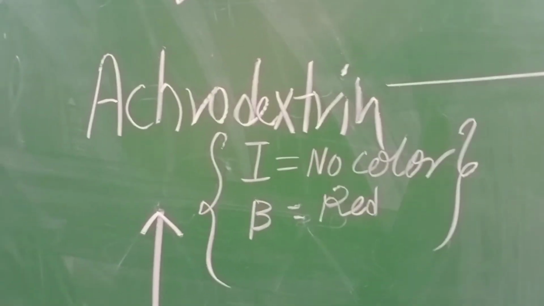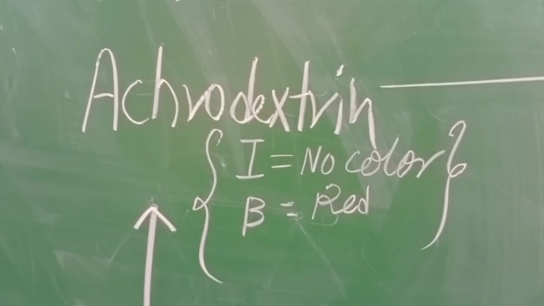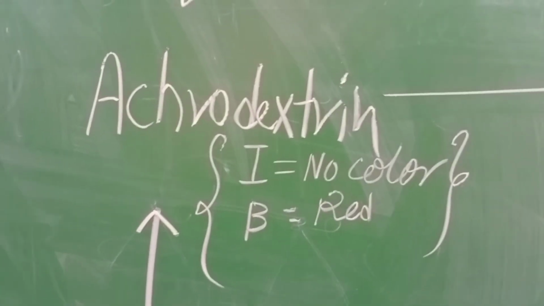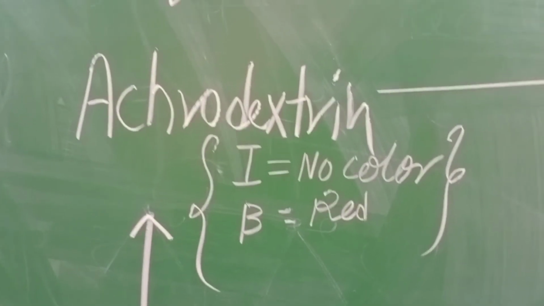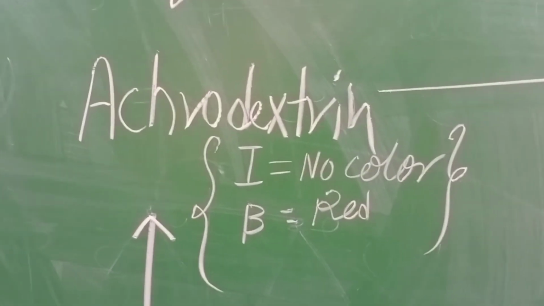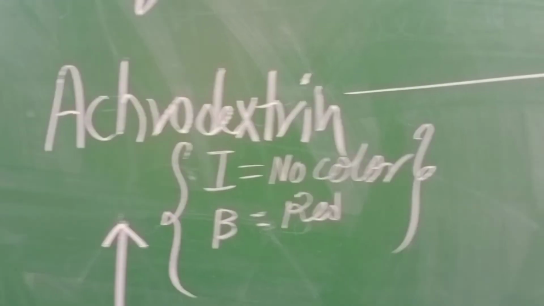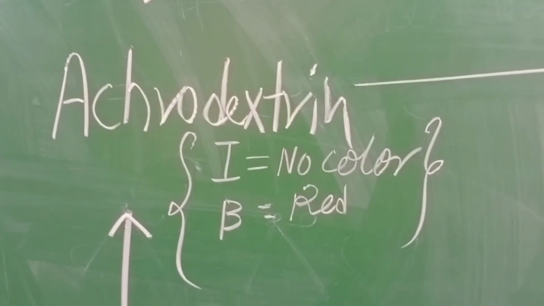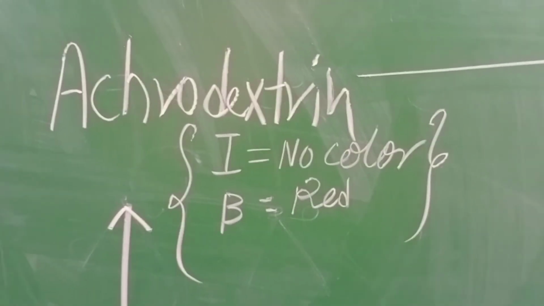So this indicates that our hydrolysis process is progressing, and it also clears that the polysaccharide is going to convert into the disaccharide molecule for further hydrolysis. This is the reason why the iodine gives no color here, and we are getting a red color with